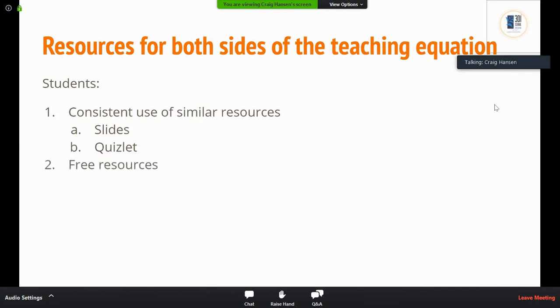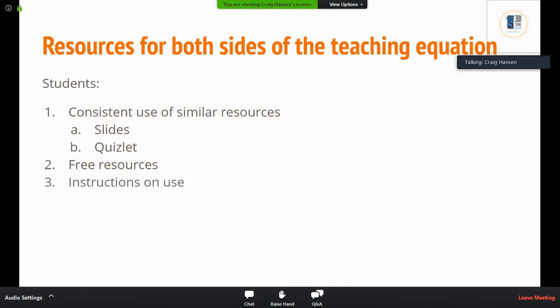So Google Slides and Quizlets, also what we're developing for you are free resources. So you as HODs and school leaders and for your teachers, you don't have to buy any of these resources. You don't have to get a professional version of Zoom, though you could if you wanted, but you don't have to. You don't have to buy Google Slides. You don't have to pay for Quizlet either, okay?